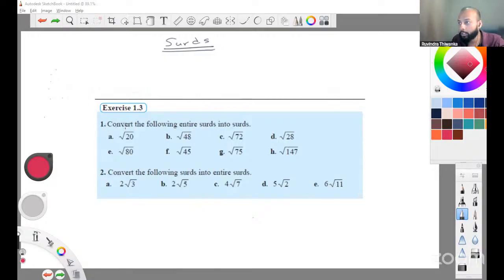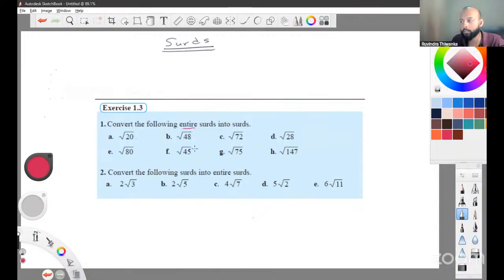So first question is convert the following entire surds. Everything is entire surds, and you convert them into surds, like something like, if I just write it now,